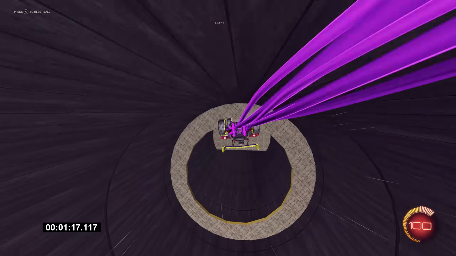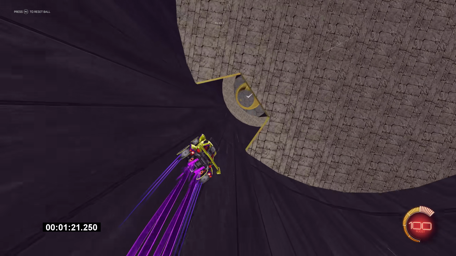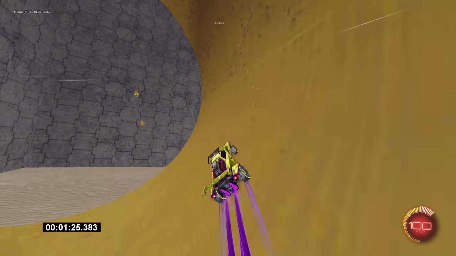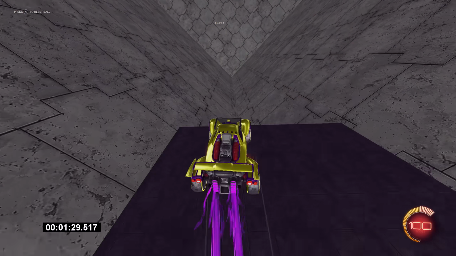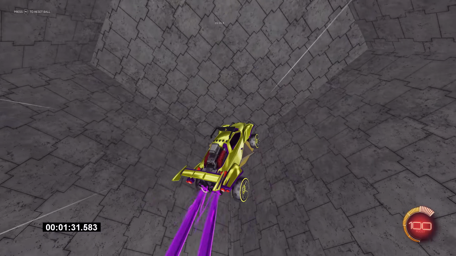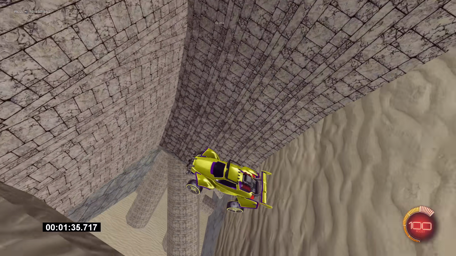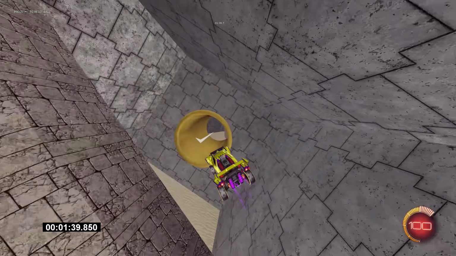As you can see so far, not a lot of mistakes made. Very clean run so far. Using the half pipes effectively, using the double jump. And this section is actually where I was most afraid, because the gravity is kind of messing you over. Overall, now that I look at it, this is actually pretty slow, but